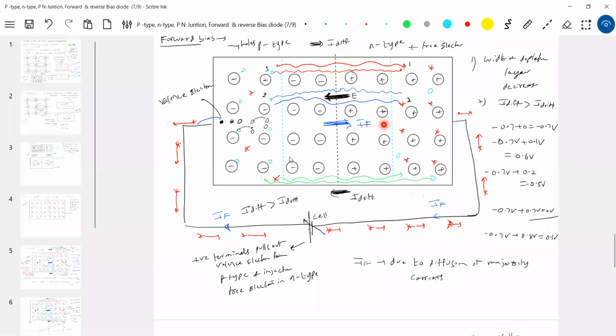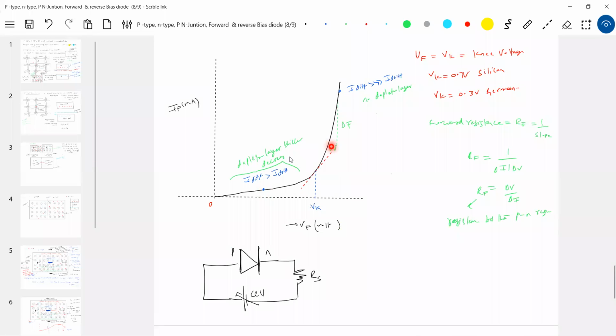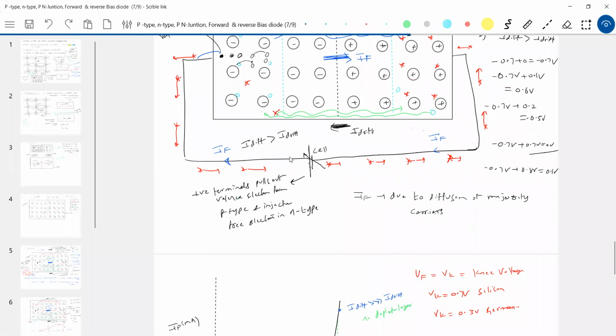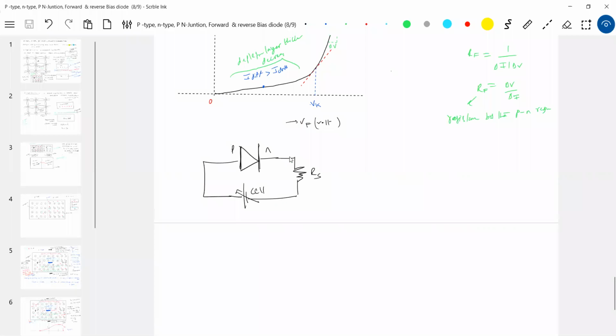And finally, what is the resistance offered? Resistance offered by the material of the diode, by the P and N regions. That is the forward resistance. So when can you say the diode is forward biased? It is in this region. Only in this region can we say that. So here also you have to write, again making and breaking up of covalent bond will occur in all regions. So I'll summarize what actually happens in forward bias.